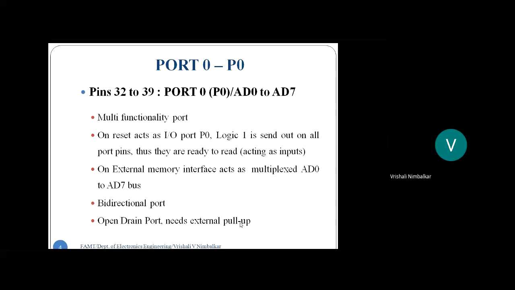One terminal of the resistor is connected to VCC and the other terminal of the resistor is connected to port 0. So I need to connect 8 such external pull-ups. Then and only then does port 0 function correctly, else not. The read and write operations happen correctly if you connect an external pull-up. You need to connect this on the breadboard. Why? Because it is an open drain. So we will see to that. What is open drain? Okay, students?